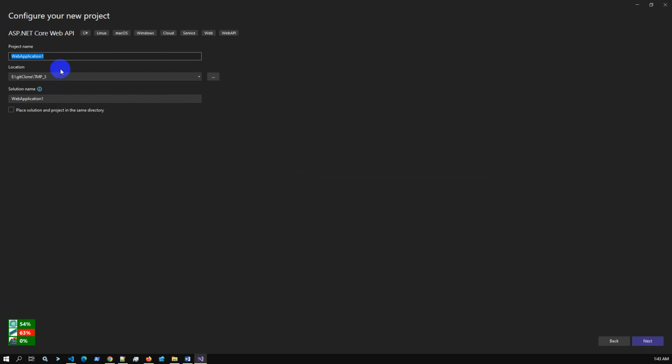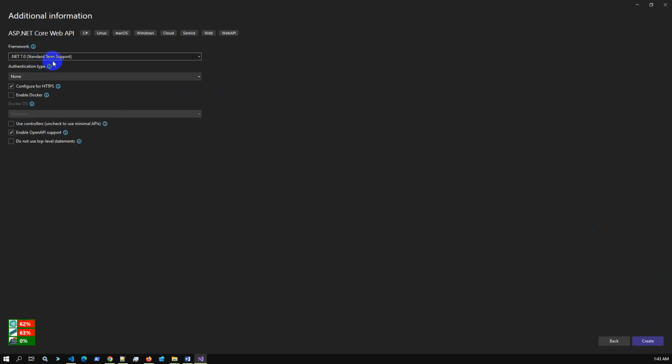Next, let me define my project name, API.file processing. Where can I save my project? I'm just taking a test directory path, so in the test folder my new Web API project will be created. The solution name is API.file processing, that's fine. Next,